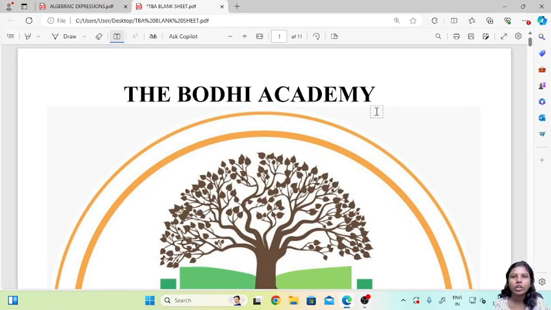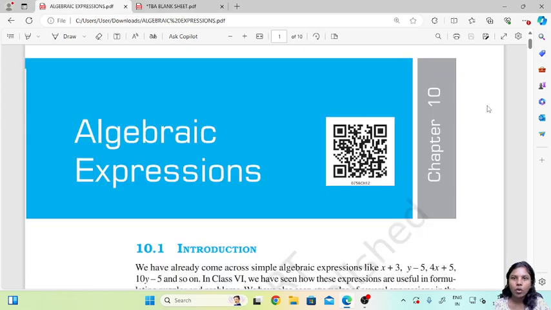My name is CLASS7 and in today's class we will start with the chapter Algebraic Expressions of Class 7 Chapter 10. So now what do we understand by this term algebraic expression? When we look at this term, it is made up of two things. One is algebraic and second is an expression. Now when we combine these two, it simply means that it is a combination